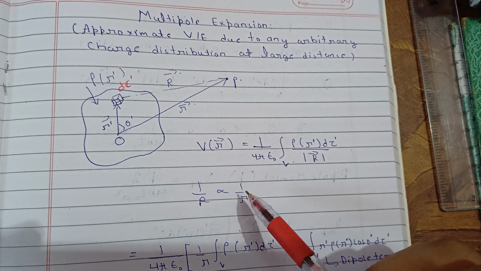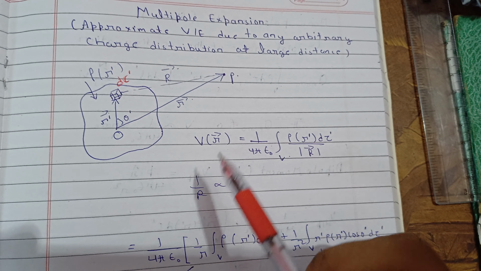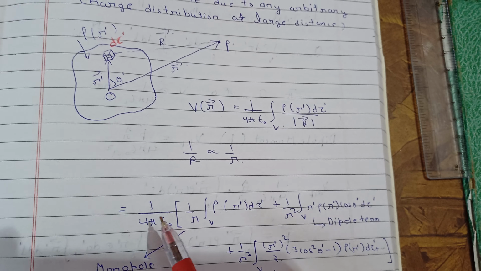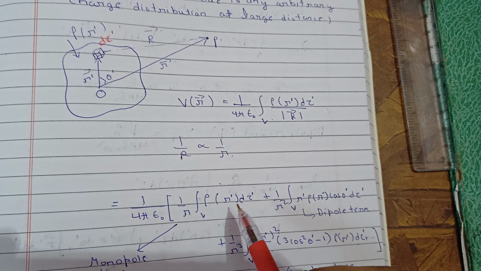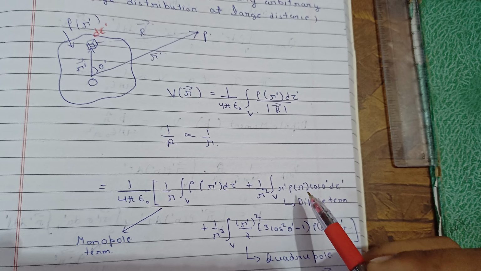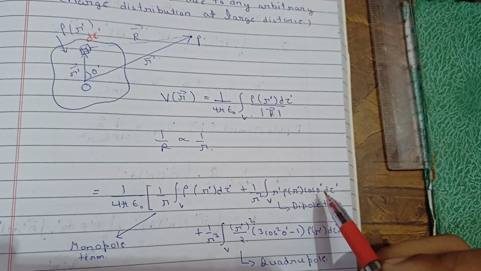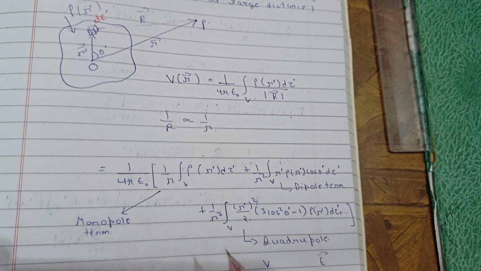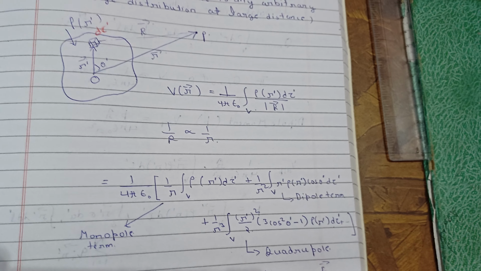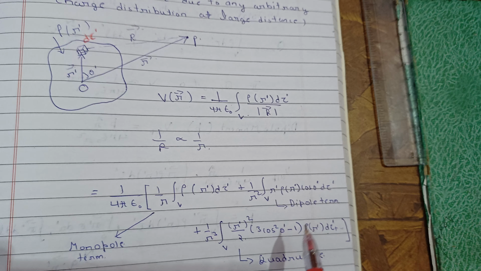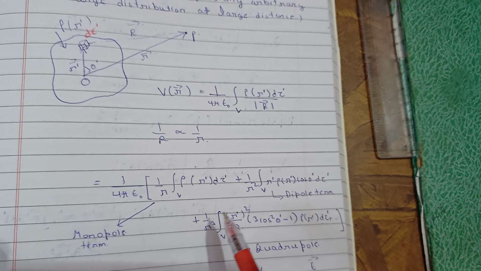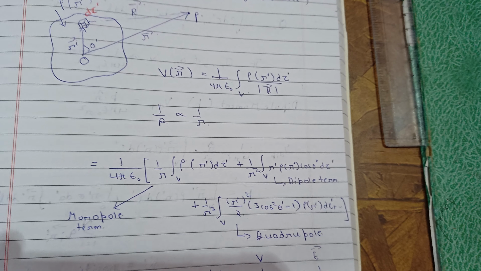To write this, I am not going into the derivation. You will get a complete infinite series for this potential. That will be 1 by 4 pi epsilon naught, 1 upon r times the integral of rho r dash d tau dash, plus 1 upon r square times the volume integral of r dash rho r dash cos theta dash d tau dash, and the third term is this, and so on. This will go on. So you need to solve this series to get the potential at any point. This will be the correct result, but to approximate we will use only the starting terms.